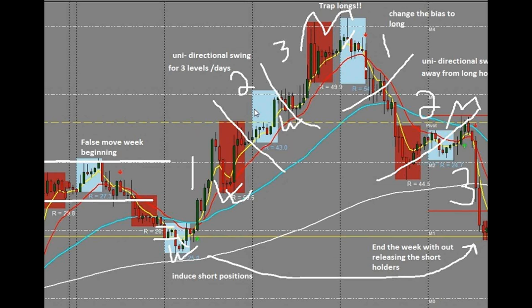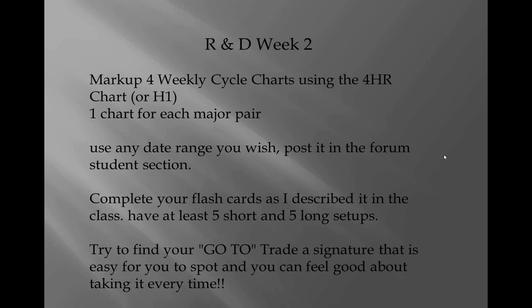Guess what? They're taking it away from them. So Thursday starts the reversal. Wednesday really gave us an opportunity to get in, and Thursday in the Asian session gave us a second chance, and then it takes off. It drops one level here, a second level here, and then a third level right here. Perfect example. So the homework again was to mark up the weekly chart, and mark up four